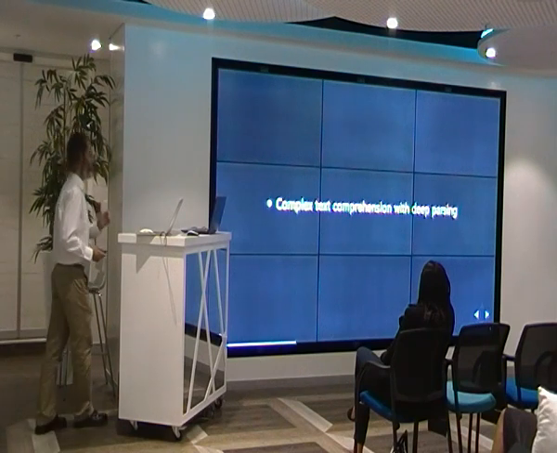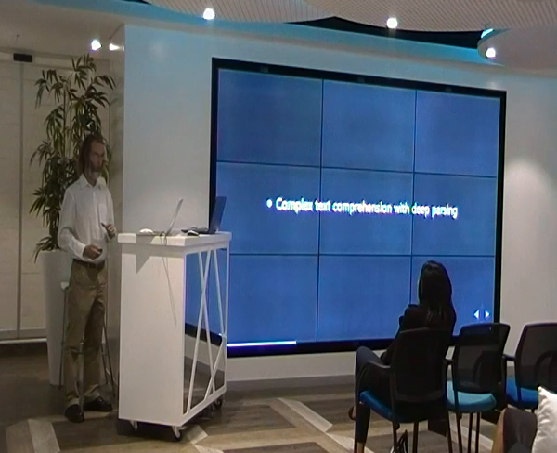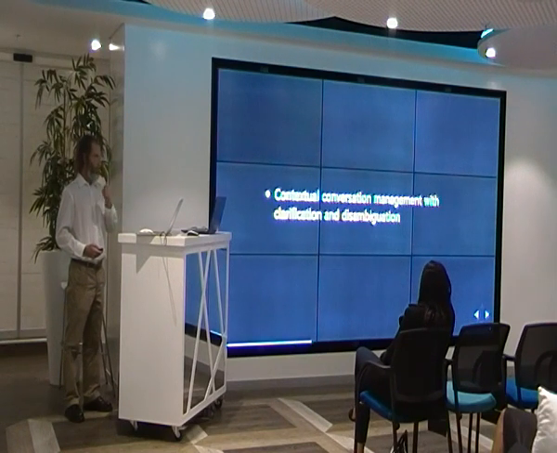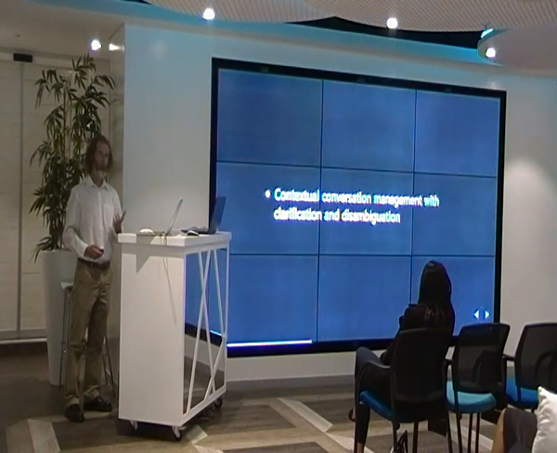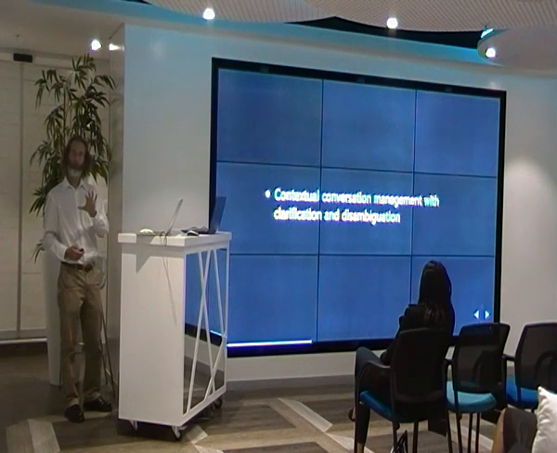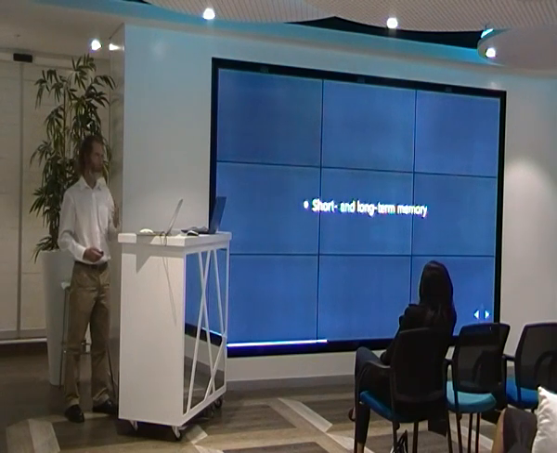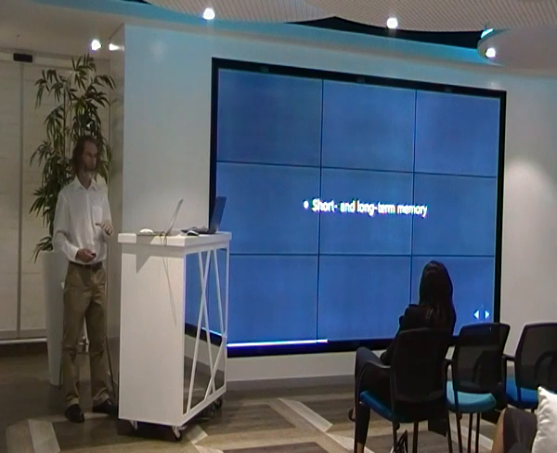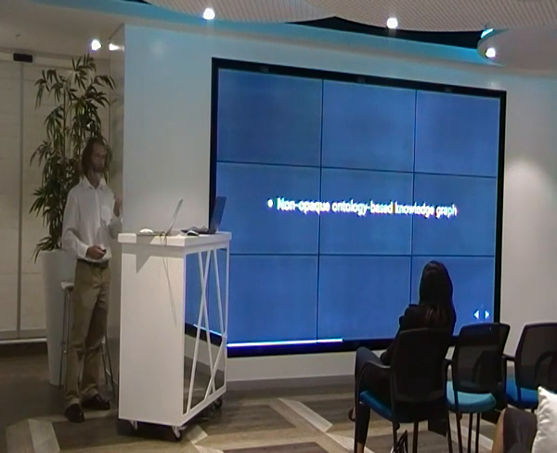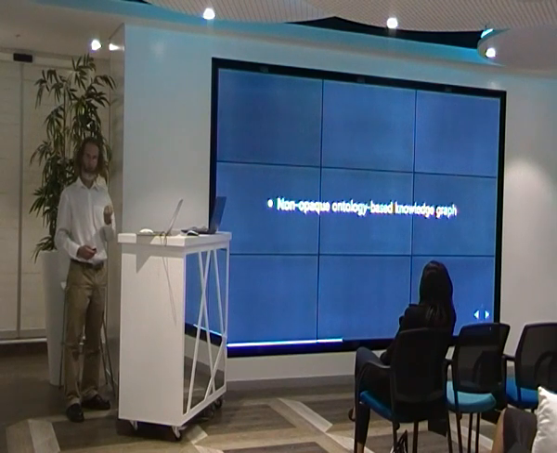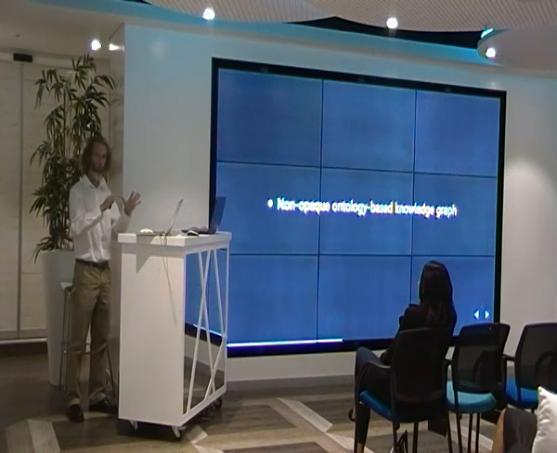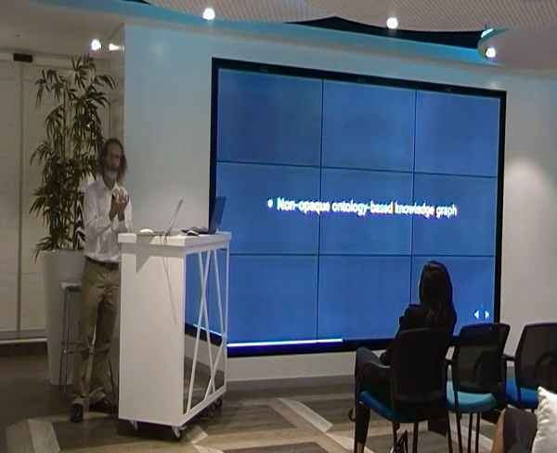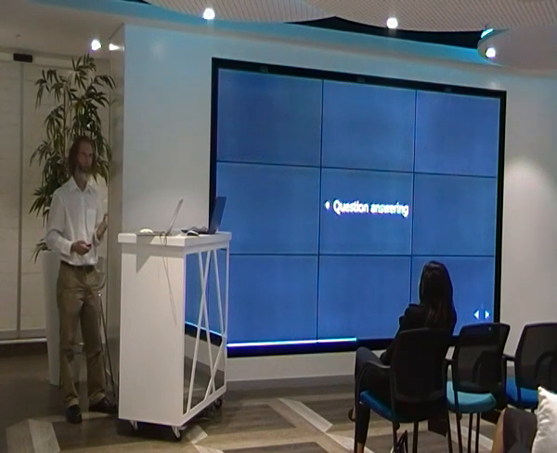So it can do complex text comprehension. It can really understand remarkably complex sentences. It manages a conversation if it realizes that it doesn't know something, or that what you're telling it is ambiguous. It asks for clarification and extra information. It's got short-term and long-term memory. It's got an internal representation of what it knows that you can access, that you can look at and make sense of. So it's not like deep learning where it's all hidden and strange. You can see exactly what's happening inside it.